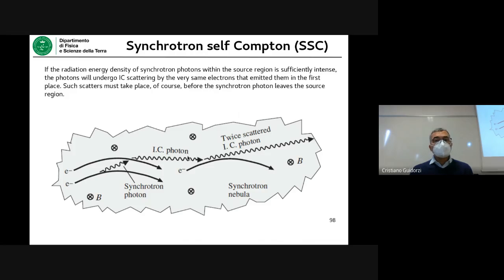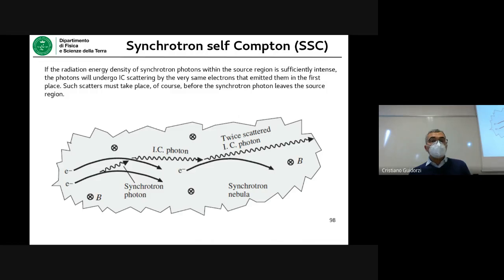So this combination of processes is called synchrotron self-Compton, shortened as SSC. The synchrotron self-Compton means that in the same region, photons are created through synchrotron emission, and then the same population which is responsible for their creation can also upscatter them. Particularly when the probability for two scatterings is no more negligible, this becomes a very powerful way to lose energy of the region